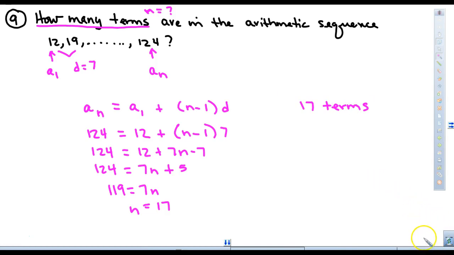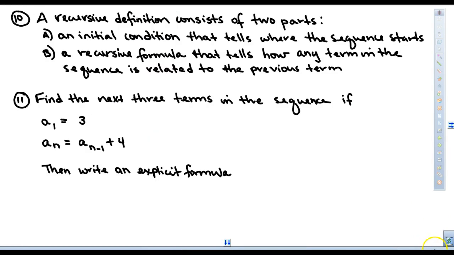Okay, so that is how we use explicit formulas. Now, let's talk about a different kind of formula for geometric and arithmetic sequences, and that is called a recursive formula. Recursive definition consists of two parts: an initial condition that tells you where you're going to start, that would be a number, and then a recursive formula that tells you how any term in the sequence is related